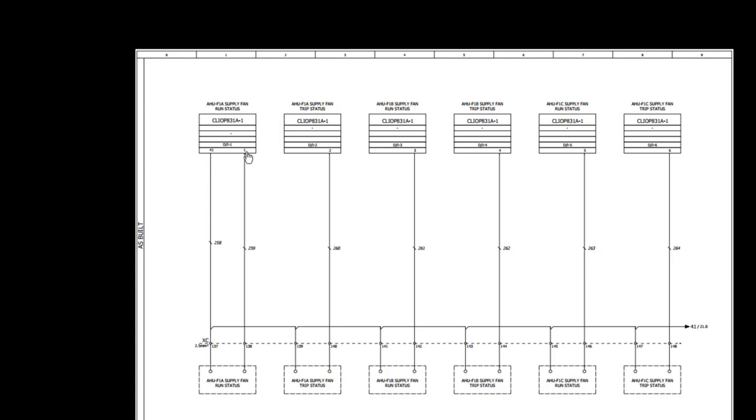And then this digital input number 1 is coming to 138. Here our supply fan run status cable will be connected, and then as you can see here, from the module we are taking only one wire for each run status for each digital input. So this one common is looped for all the digital inputs. This will not be the case for the CLIOP 823 digital input module, because there we have two cables coming from the module for each digital input, but for the mixed IO it is different.